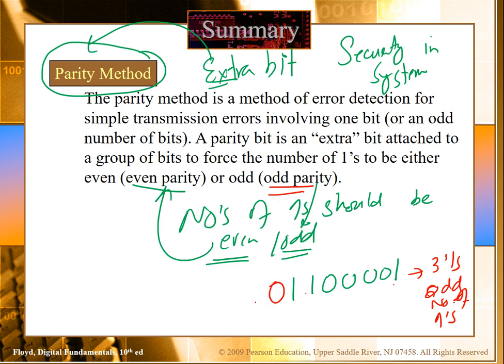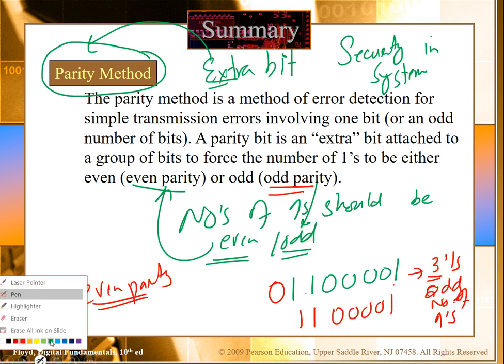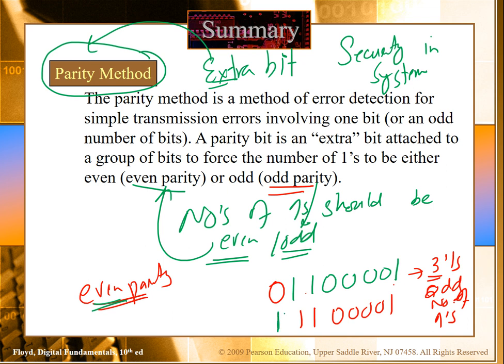Now for the same case, if you want to take the even parity, it means the number of ones should be even. We have counted 3 ones. To make it even parity, the parity bit will be 1 here.